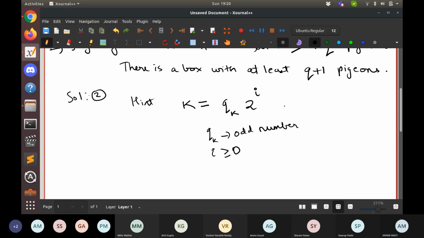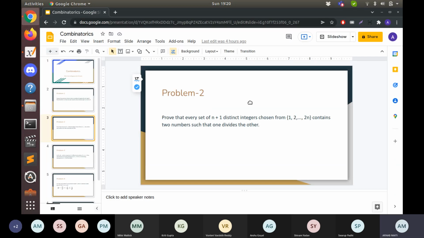So every number can be represented in this form. Now try to use this as a hint and try to come up with a pigeonhole principle argument for this problem.